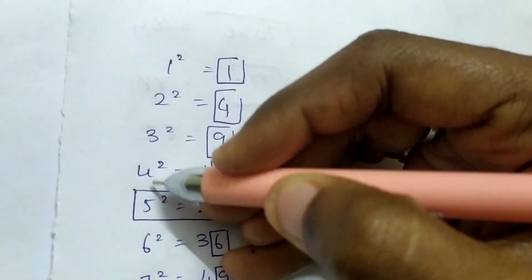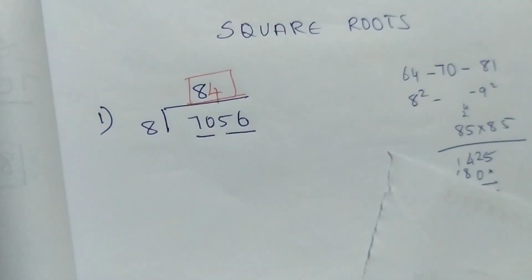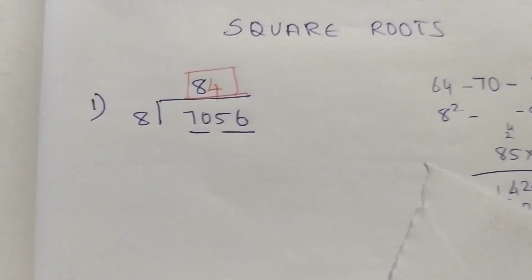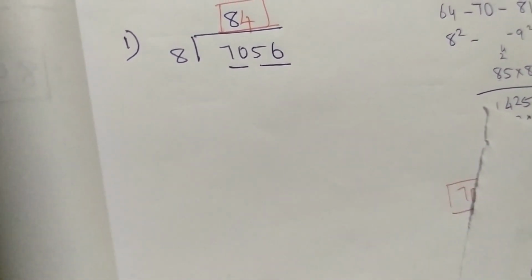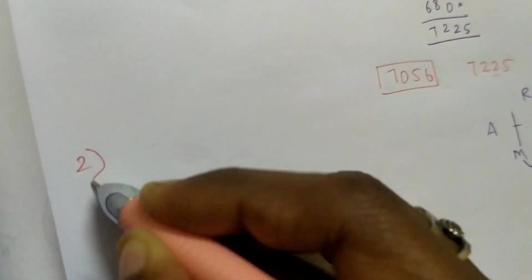Therefore what you have to do is put 4. That's it. The square root of 7056 is 84. Okay. So if I do a second problem, you can easily understand. Second problem is